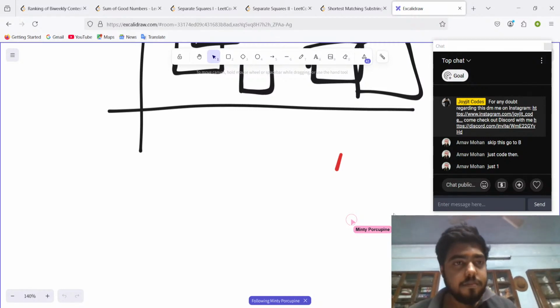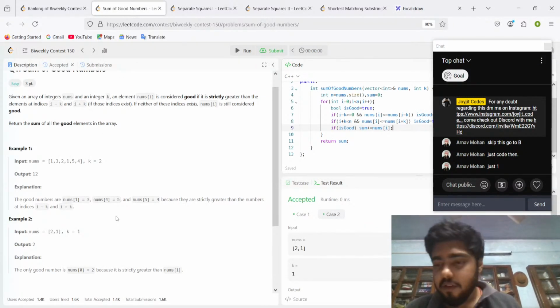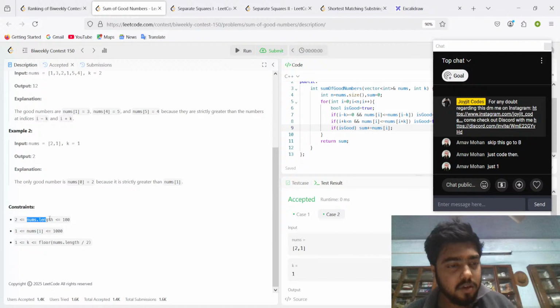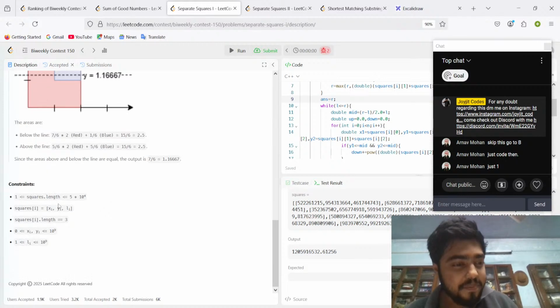See, first of all, one thing: whenever you're going to solve something, you have to go through the constraints of it. So the constraint tells us that nums length is lesser than equal to 100 and nums of i is lesser than equal to 1000, right? And k is lesser than equal to, oh sorry, I messed it up, not the right one. We know that the length of the squares is lesser than equal to 5 into 10 to the power 4,